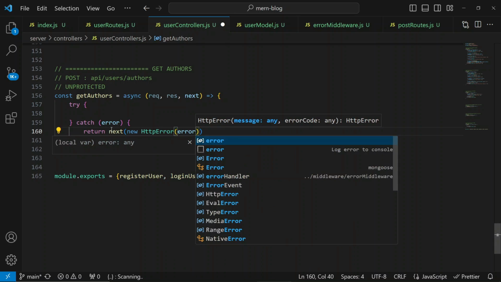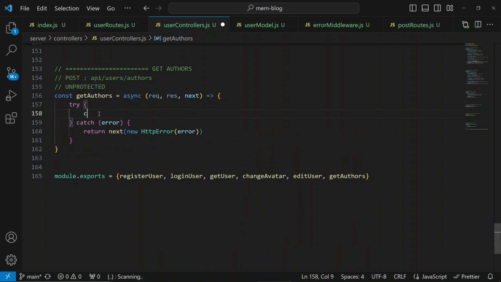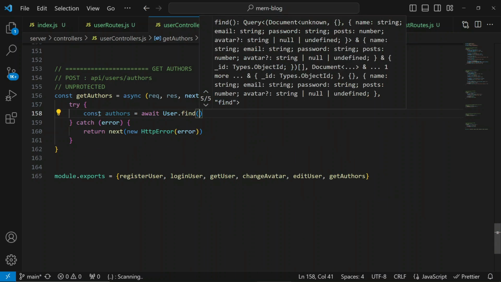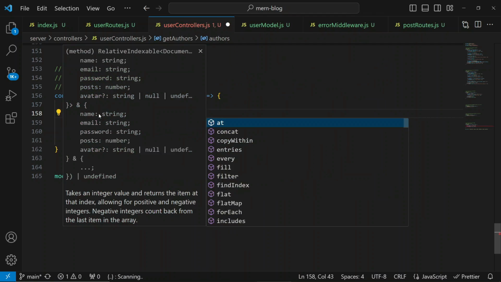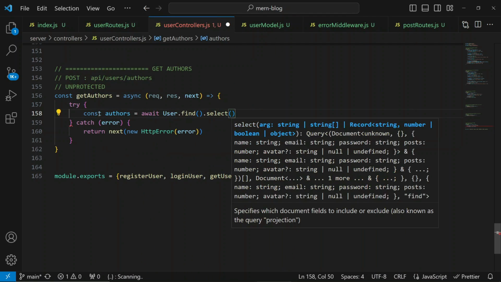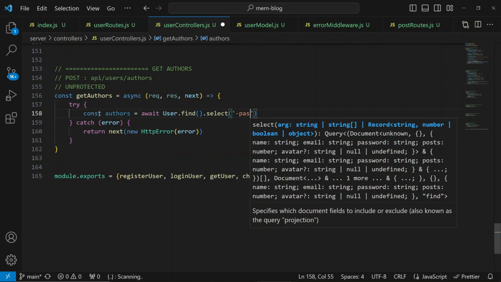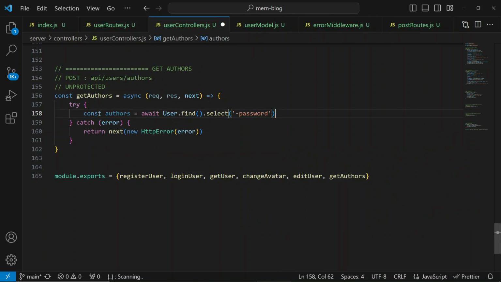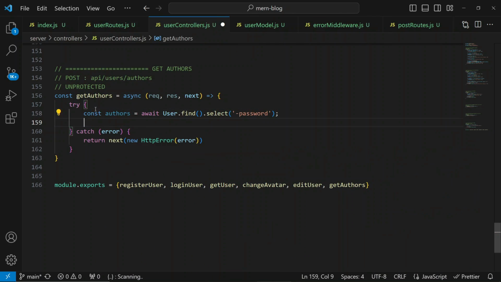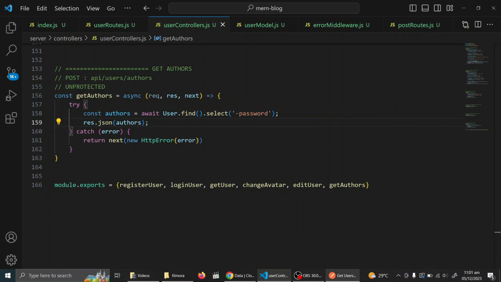We are just going to return the error. I'm going to say authors is going to be Uuid user dot find, and we are going to find without the passwords. Okay, we find all the users, but make sure we don't include any password. And as a response, we are going to send the authors or the users that we just got. Very simple. So let's come back to Postman